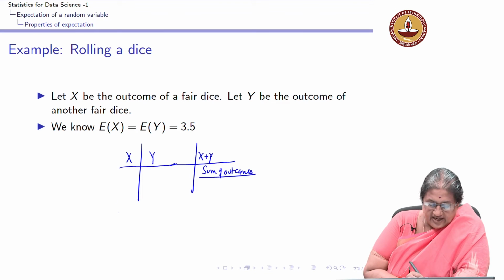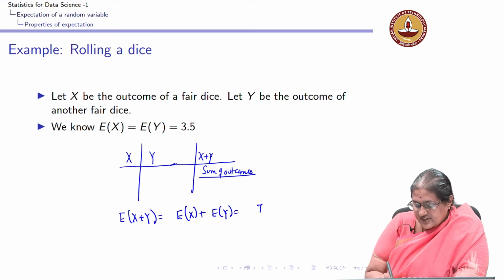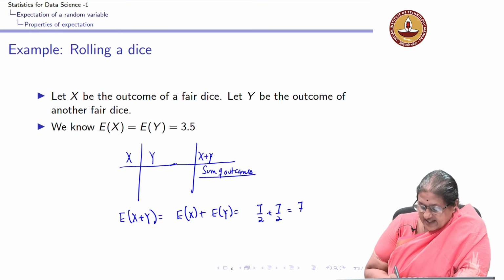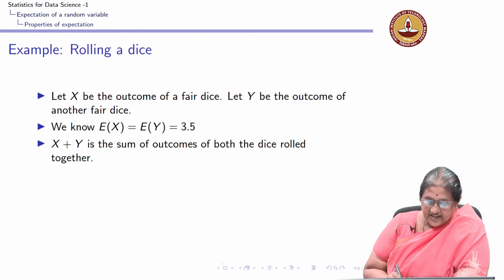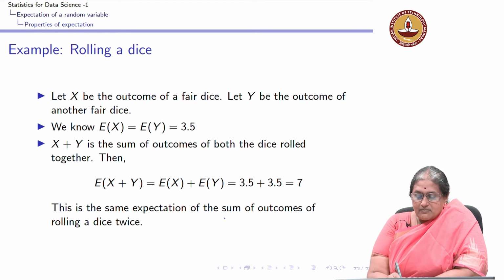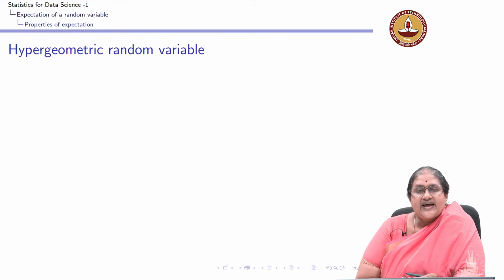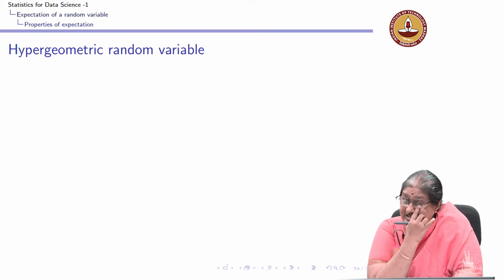So, you can see that the expectation of x plus y, from my formula, is the expectation of x plus the expectation of y, which is 7 by 2 plus 7 by 2, which is equal to 7, and this matches the expectation of the sum of outcomes of rolling a dice twice. So, now let us look at an example of another important random variable which arises in a lot of applications, and this is referred to as a